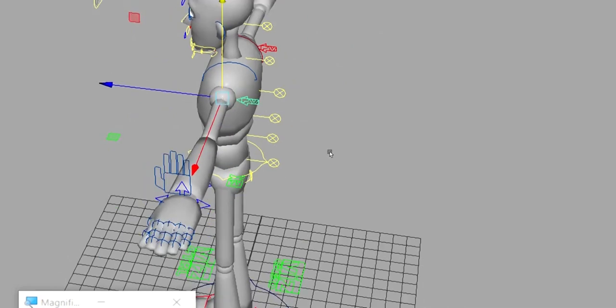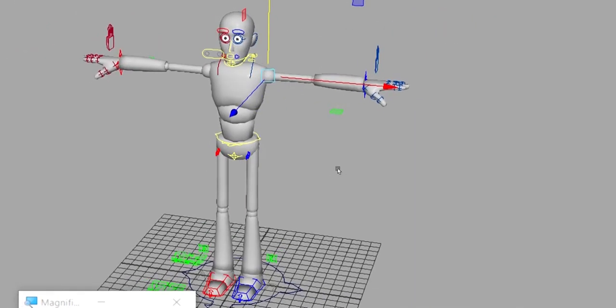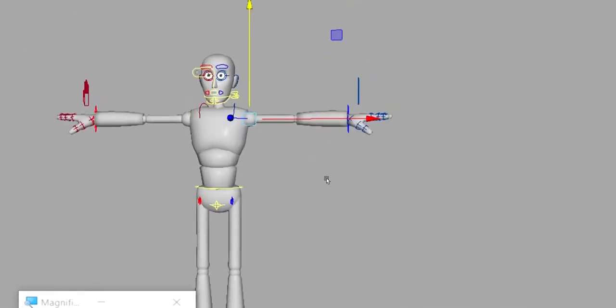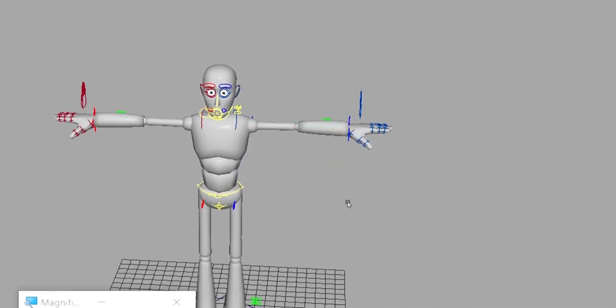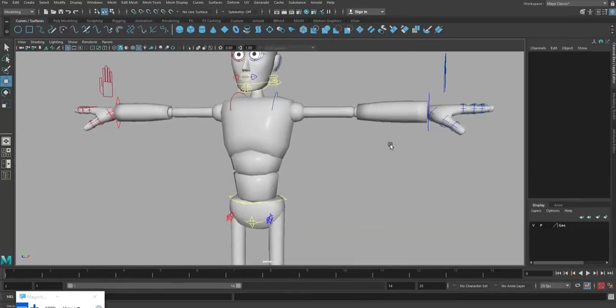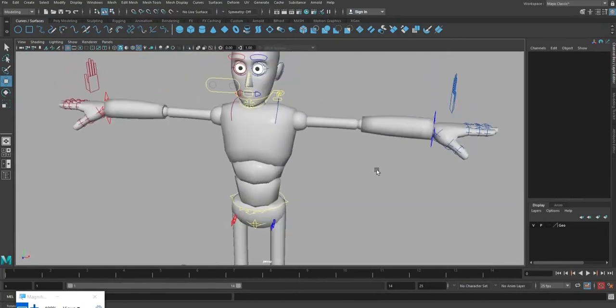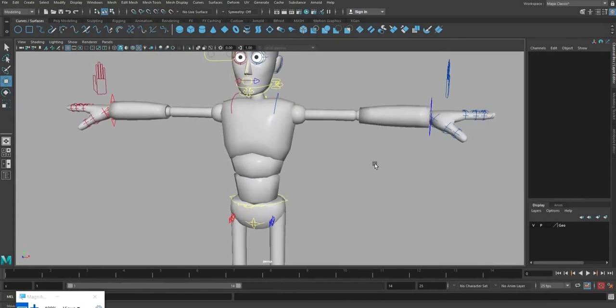Okay, so we should follow a similar design pattern when creating controller curves, and these curves are not visible in your render view. That is the main reason we are creating animation controllers using curves. If it is a polygon or any kind of mesh, it will be visible in your render view.